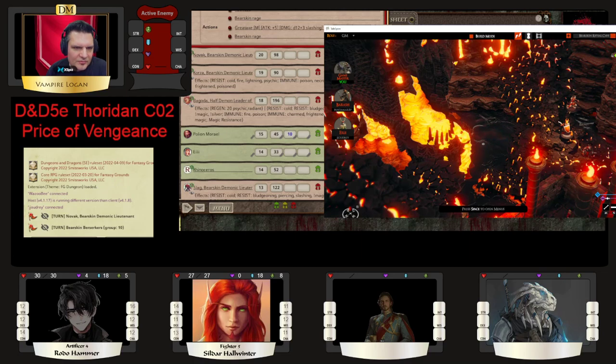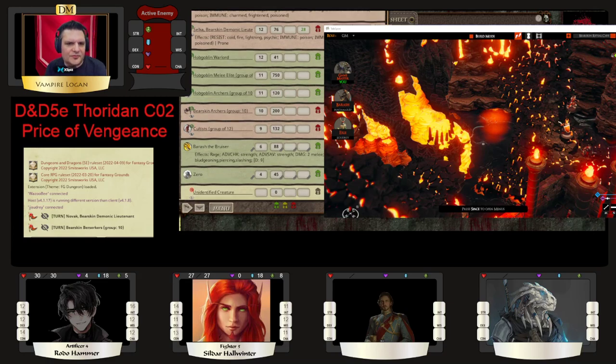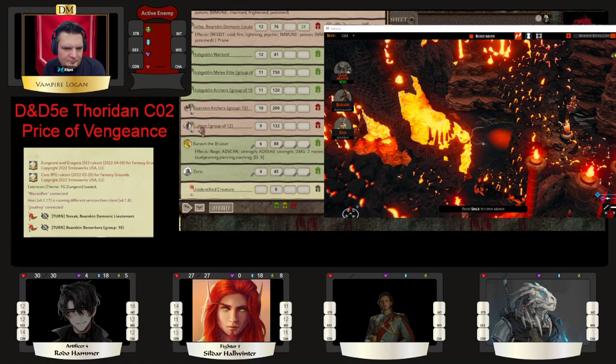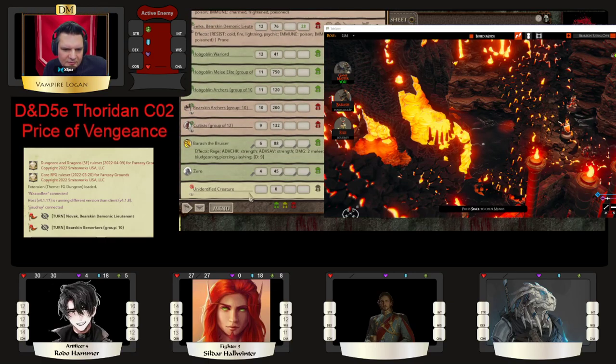And then the Bearskin Berserkers are a group. Each of the groups of people who are doing things, I'm going to just narrate. There's also some cultists and Bearskin Archers and Hobgoblin Warlord, Hobgoblin Melee Elite, and Hobgoblin Archers. And so I'll just take off numbers of creatures as they die. I have an unidentified creature here. I think that's just something I can delete. Probably was something before, but...